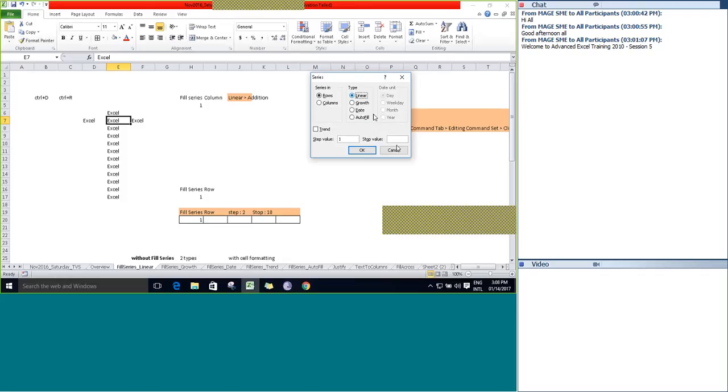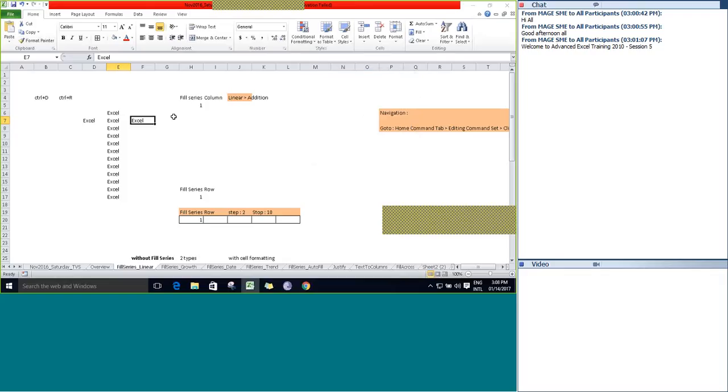Let's start with the type linear now. Fill series linear is the scenario now. The concept behind linear is addition or summation. So fill series linear is equivalent to the addition or summation performed by a user. We are going to generate our first series pattern here using the concept of fill series linear.